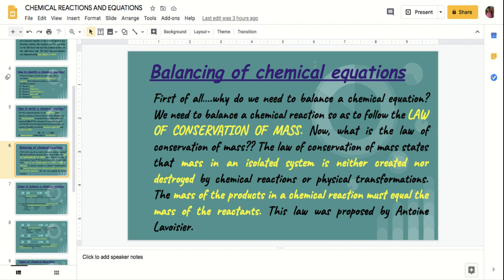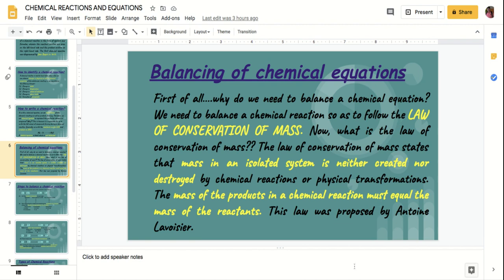So basically, the mass of the reactants and the mass of the products, to balance it, we need to just increase the number of atoms, or decrease the number of atoms. That is how we need to balance the chemical reaction. We will see whether the particular reactant on the left hand side is balanced with its counterpart in the product side. That is how we are going to balance a particular reaction.